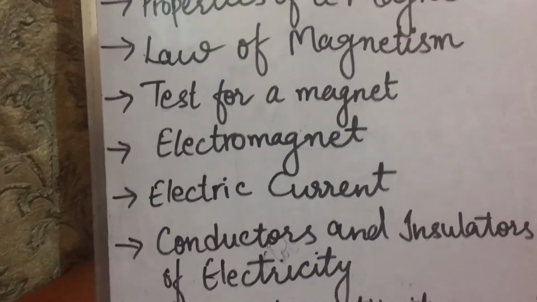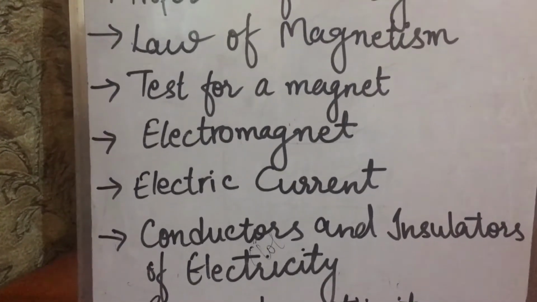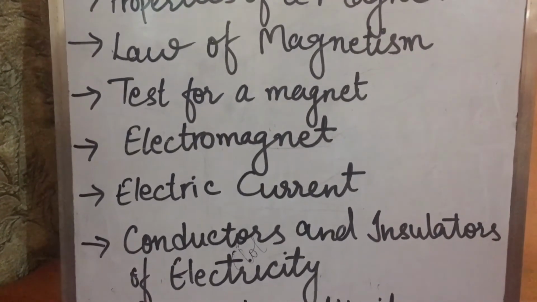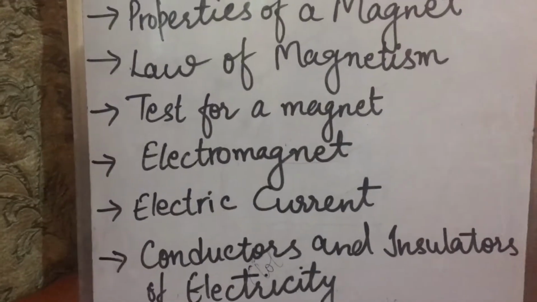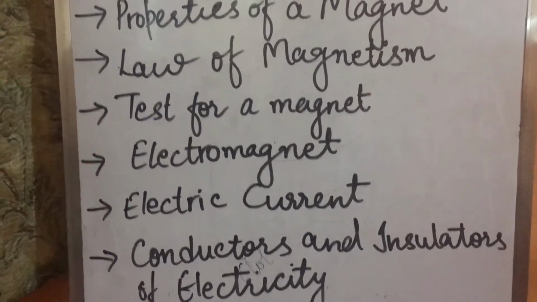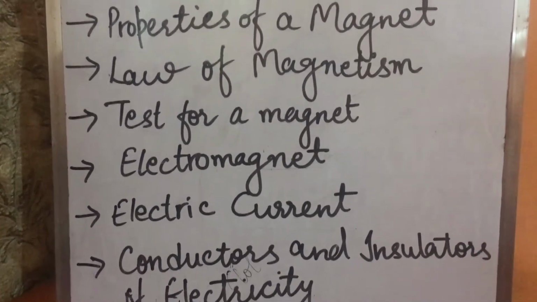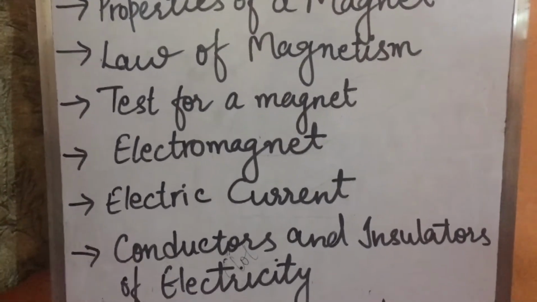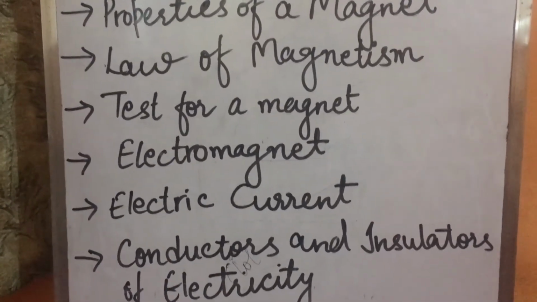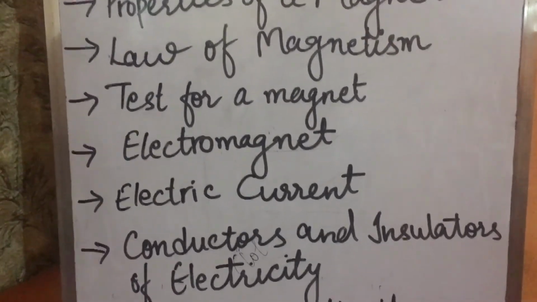Now what are insulators? A material which does not allow the flow of electric current through it is called an electric insulator. Examples: most non-metals and materials like plastic, rubber, wood, glass, oil, cotton, wool, ceramics, all are insulators. Pure water is also an insulator. All gases are also insulators.